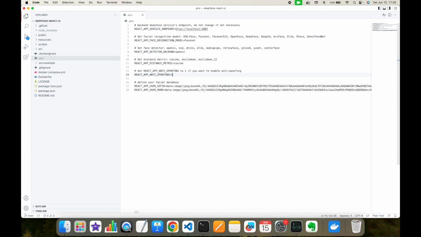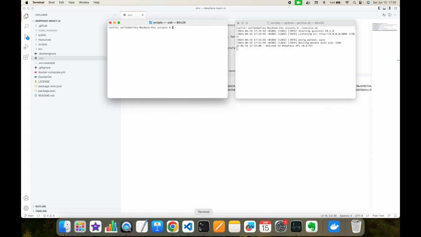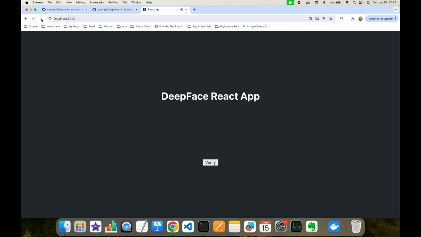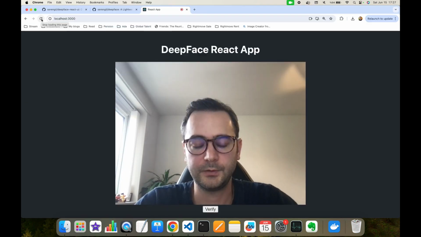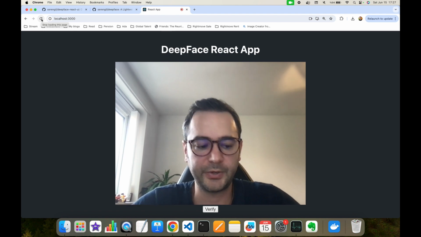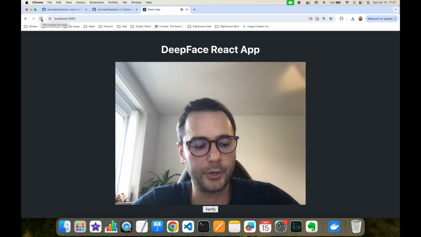What can also be done in our configuration: I'm going to change the React app anti-spoofing environment variable to 1. In that way, this is going to analyze anti-spoofing. But now I'm going to run the service directly instead of running it via Docker, because I just want to run it this time. Let's reload the application and show the image of Mark Zuckerberg, because he's available in our